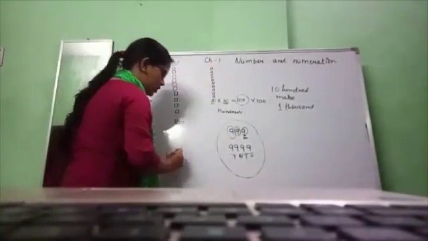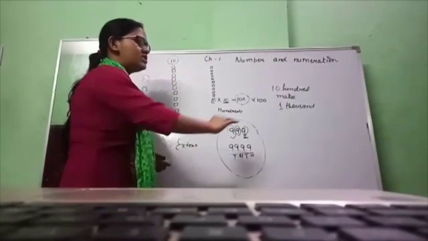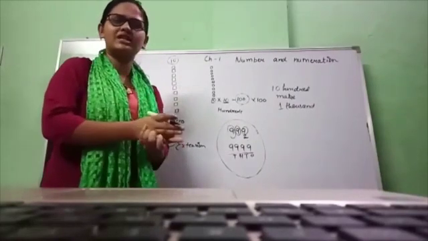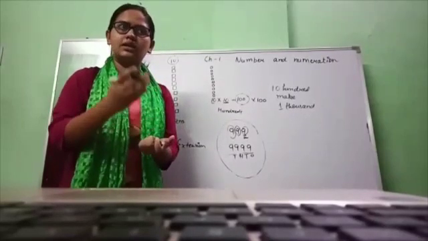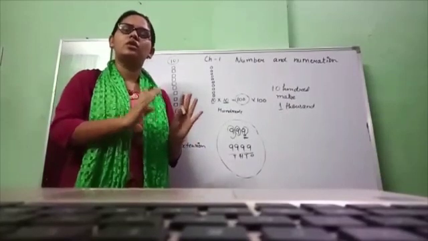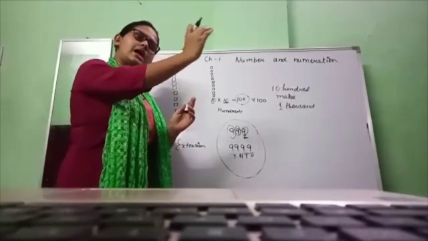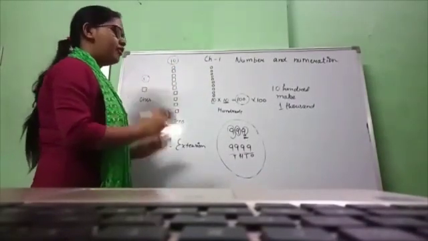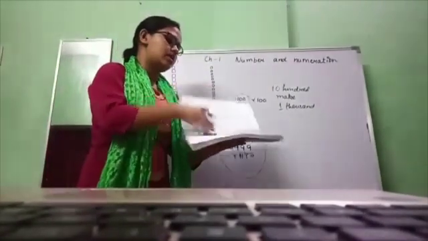In number and numeration, what do we learn? Extension of numbers. In the whole chapter we are going to discuss face value, place value, ascending, descending, and estimation. All these sums are related to this problem, right? We have to divide them into sections: ones, tens, 100, 1000. So we should learn them very quickly, right? So coming to your book,